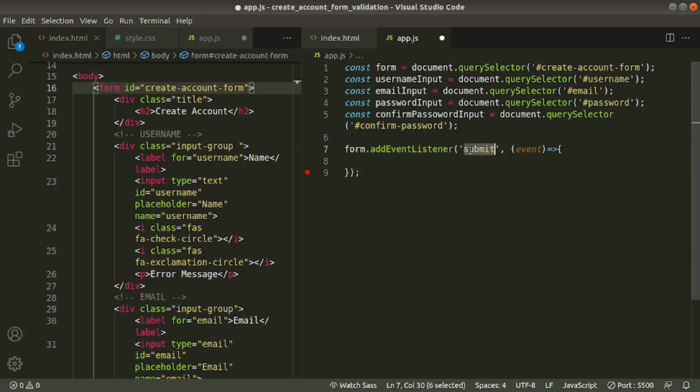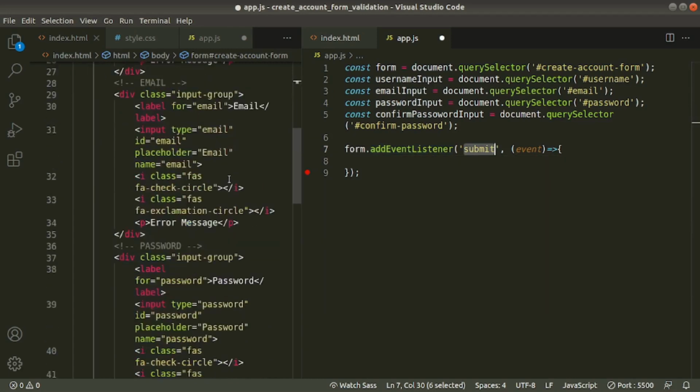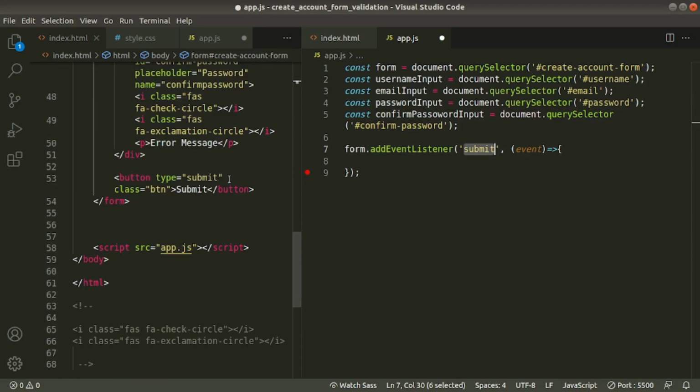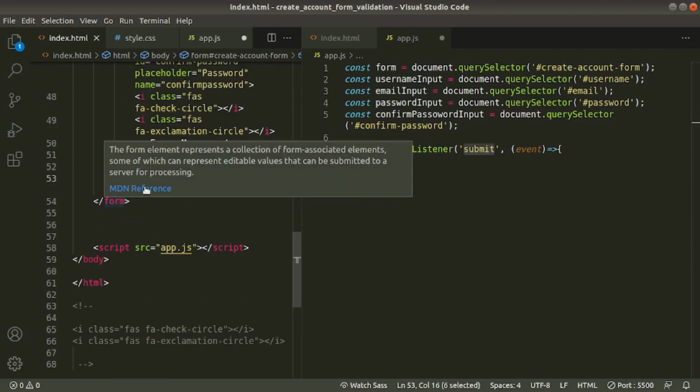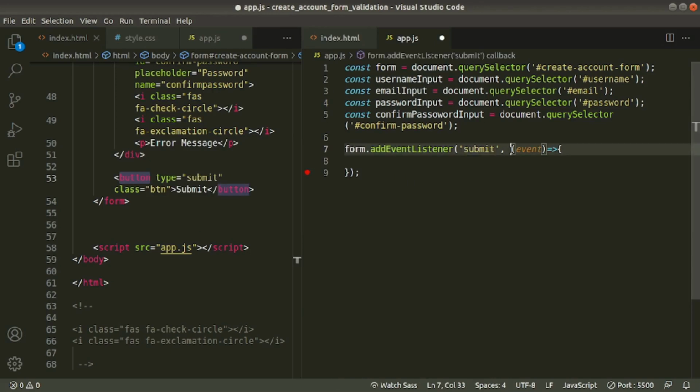Now you see this submit event will be raised when we click the submit button inside our form. Let's see where it is. Go to HTML. Here, see the button. It is inside the form, and when we click on this button, that will raise this on submit or submit event. Then we are writing a callback method for that.